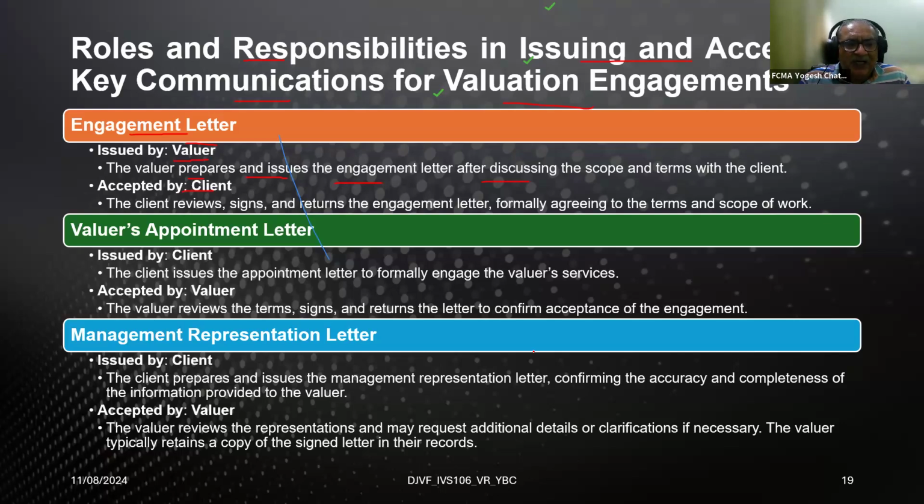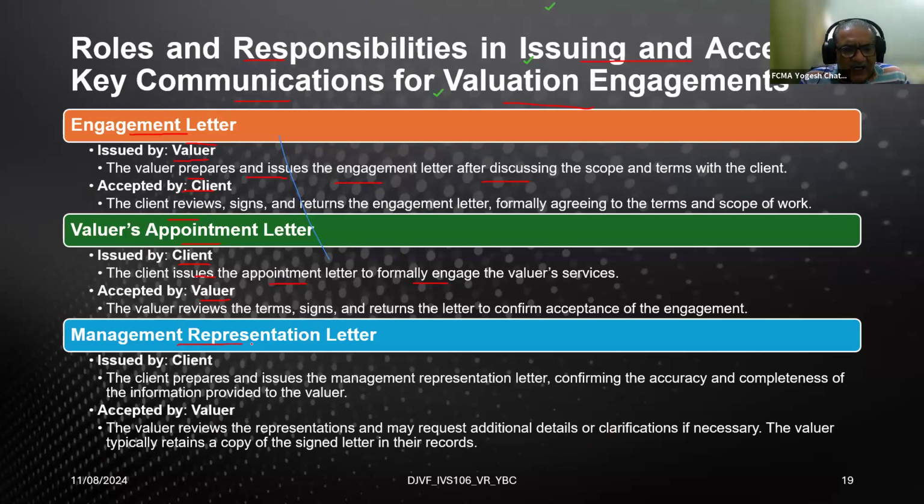So very important, the engagement letter is issued by the valuer and accepted by the client. Appointment letter, as we all are aware, will provide the primary terms and conditions related to the valuation. That is document number one, which is issued by the client and accepted by the valuer. The appointment letter is issued by the client and accepted by the valuer. So a client will issue the appointment letter to formally engage or appoint the valuer's service, and the valuer will review the terms, sign and return the letter to confirm acceptance of the appointment or engagement or assignment, or whatever name we may call it. So that is the second document related to the valuation assignment, very important for finalization of